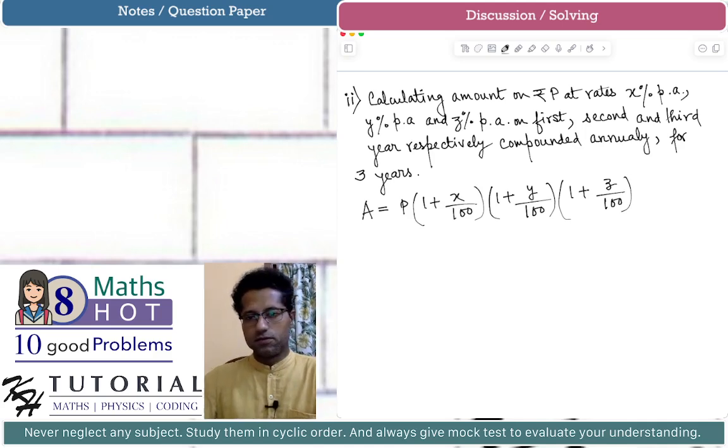This is the amount for 3 years, where the rates for the first, second, and third year are X, Y, and Z%. So we start from P. After 1 year, let's say the first year